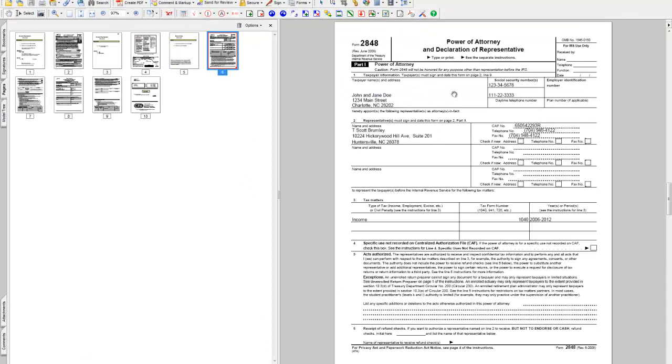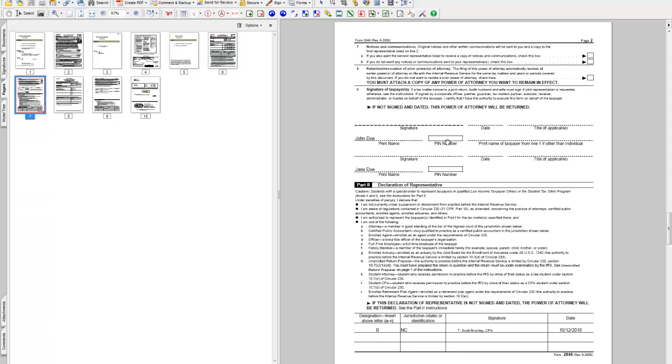This first page is the first page of the federal, and it just has your name and ID numbers, my name, my ID numbers, and then what we can discuss. And here I can discuss your income tax returns, 1040, and I give it a range of years so once we file this, we don't have to keep filing it each year. The next page is where you sign. John will sign here, Jane will sign here. When you fax it back to me, I'll sign over my signature here,